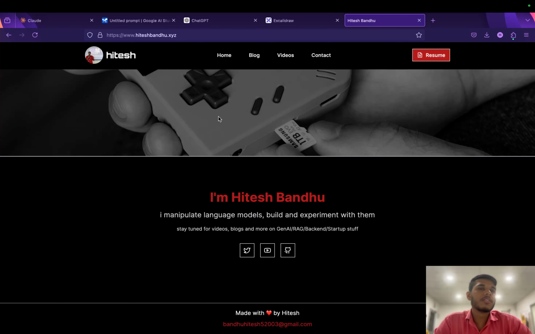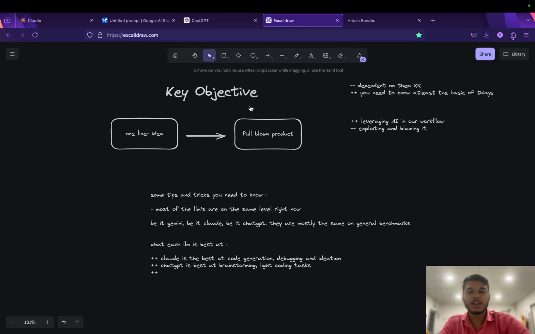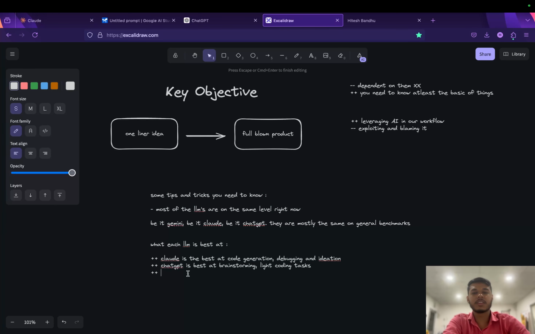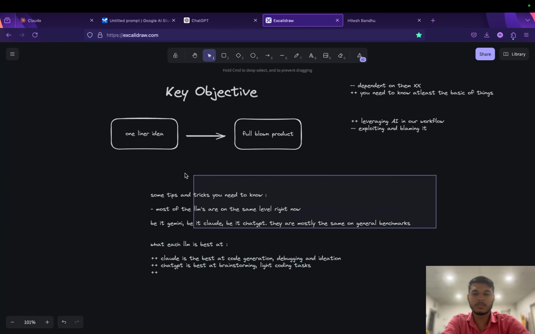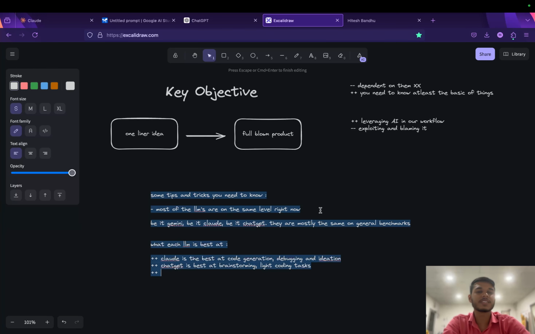But the next day, I started the Claude thread again. It had the context already. One shotted, make it responsive, done. It was responsive. So that is the power of Claude right now. I'm not saying that some LLM is better than the others. I said that most of the LLMs are at the same level right now. But some LLMs are best at some things. So that's what I'm telling you. Claude is the best at, and also you can say, instruction following. You give it an instruction, it will one shot it.